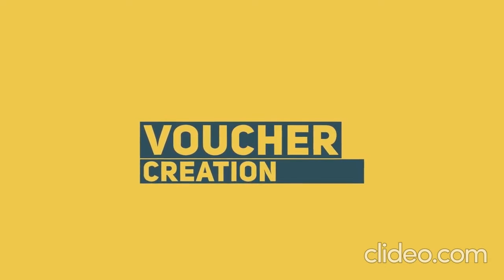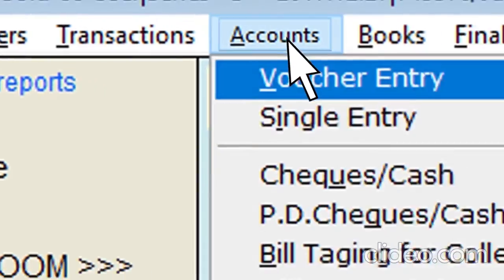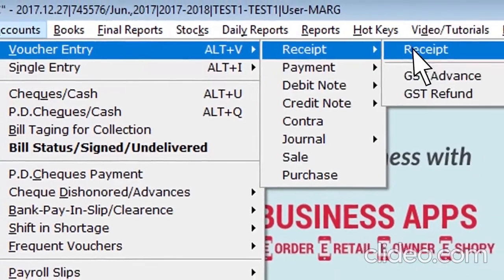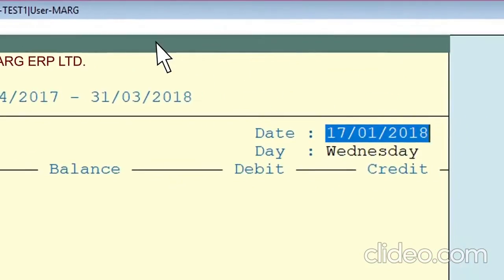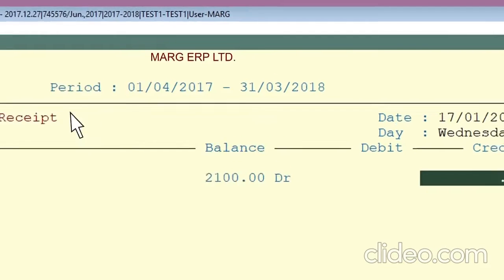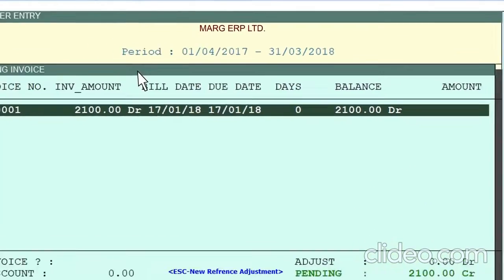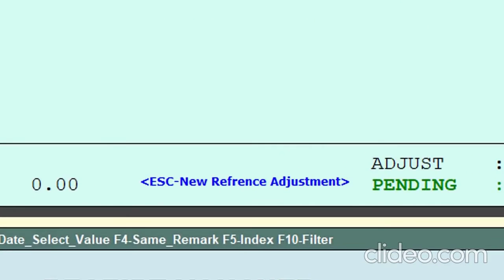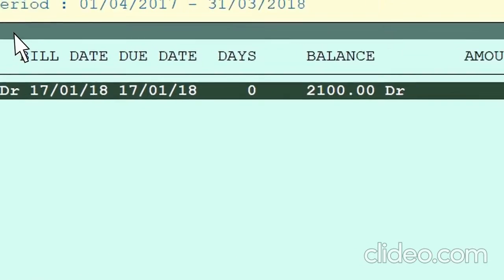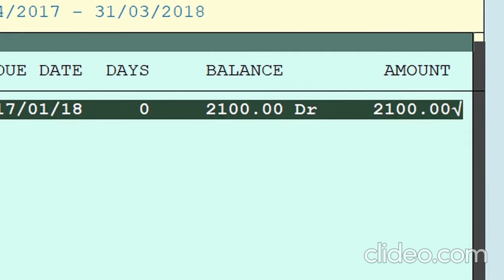Voucher creation. From the Accounts menu, you can do the voucher entries of receipt. Press Escape if you are generating a new reference adjustment or spacebar to select the bill against which the receipt is made. Then press Enter.